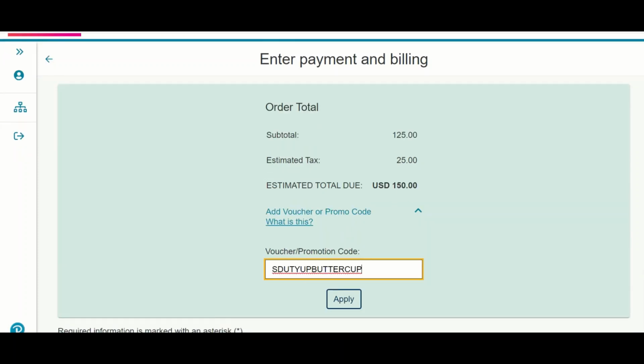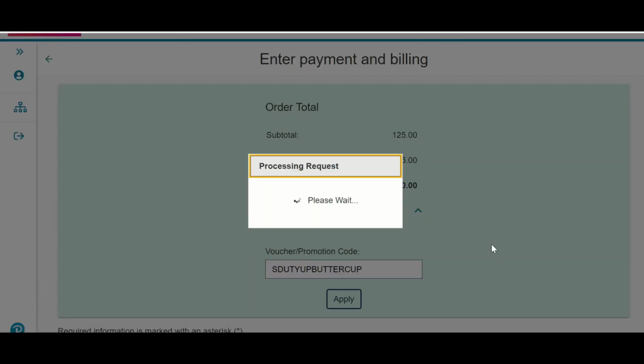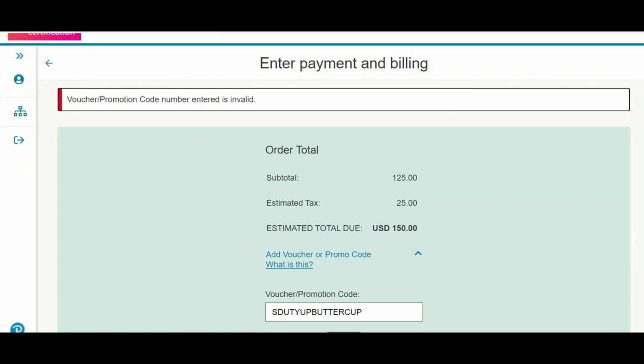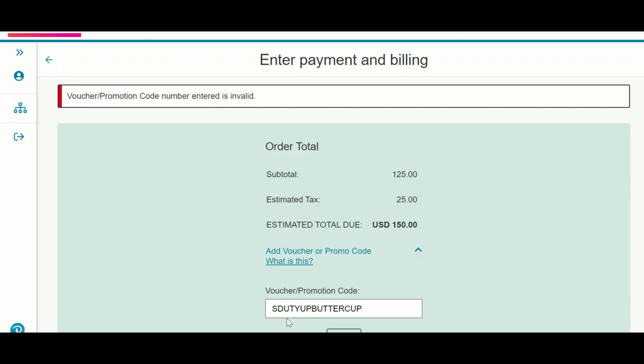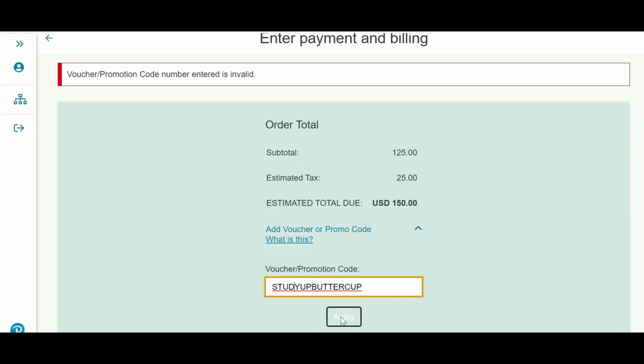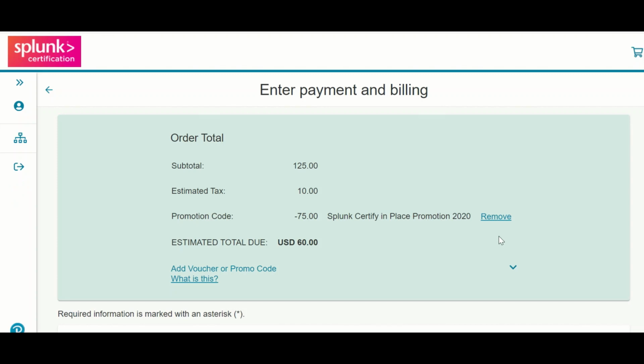Once you do that, click apply. Now you need to apply. You can see it over here: you got a discount of 75, and the total cost will be $60 US dollars.